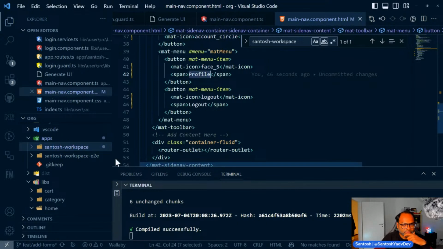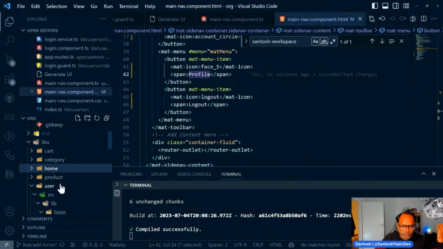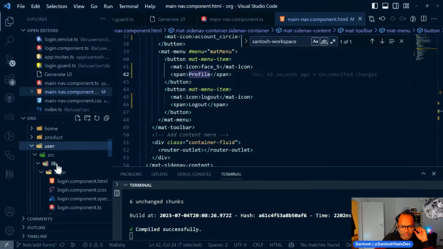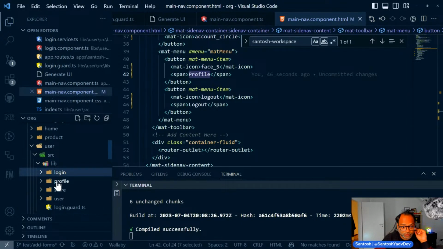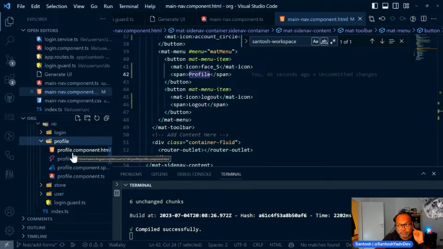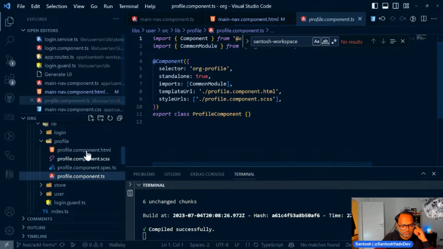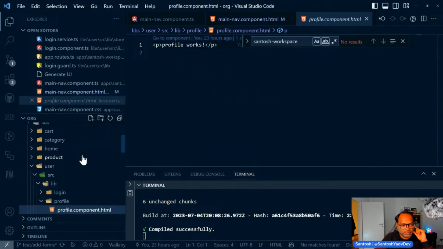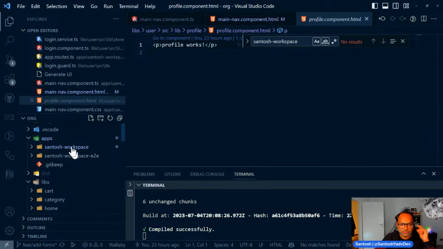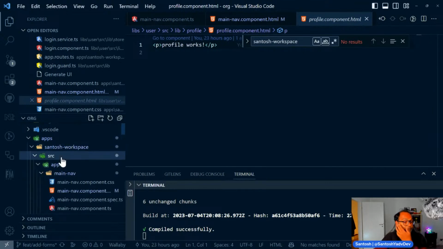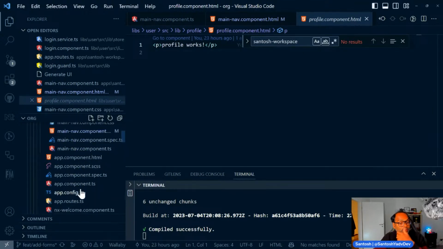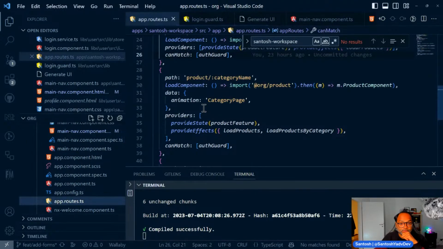As this profile information is related to the user, we will go back to the user folder. This is where we are going to keep all our code related to the user. We already created a profile component before we finished our stream yesterday, and this does nothing. You can see it's just an empty component. So let's do first things first. Let's configure the route. We can go back to our app routes,